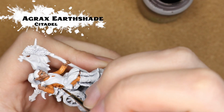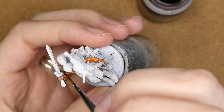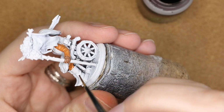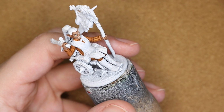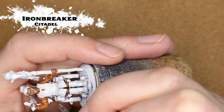down in the recesses. I find on fabrics that have a bit of texture, or anything that has some of these crevices, adding in a shade is really going to very quickly give dimension to this without a ton of steps. And before I'm actually adding in the highlight to that, I'm going to come in with Ironbreaker and paint